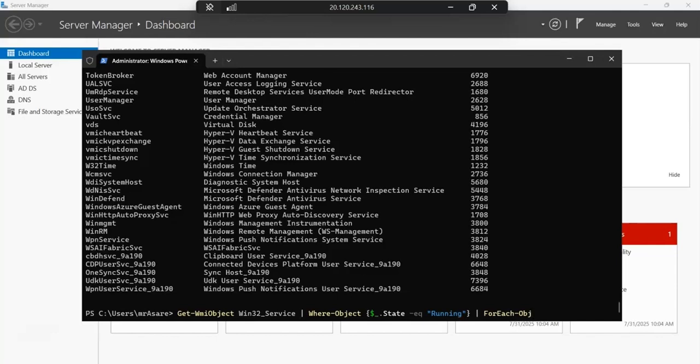It's going to look through the whole collection and then get us what we actually want. So object,